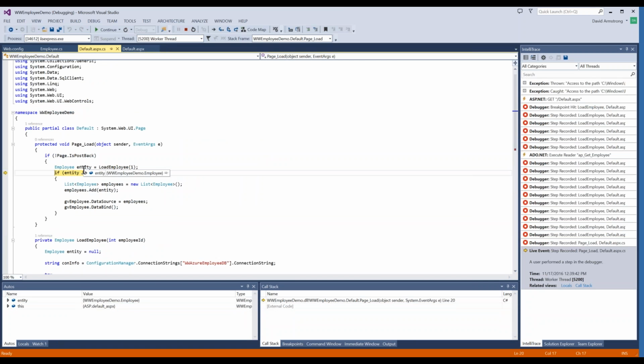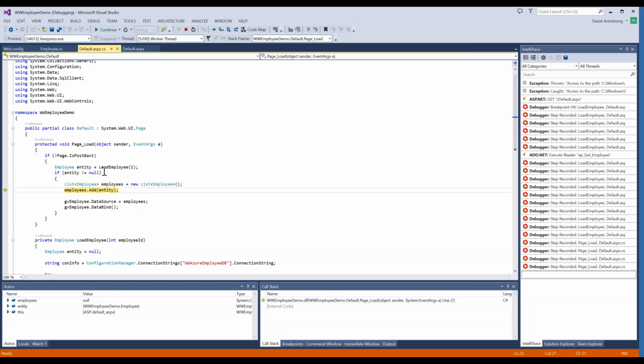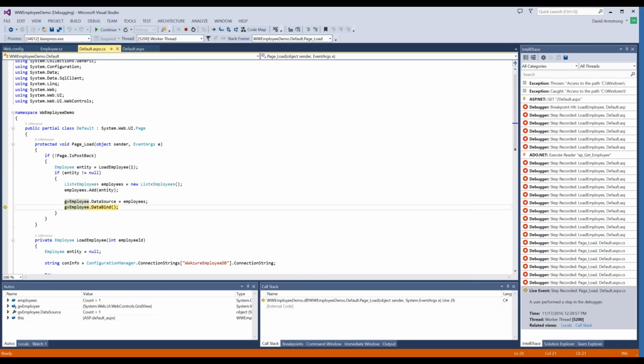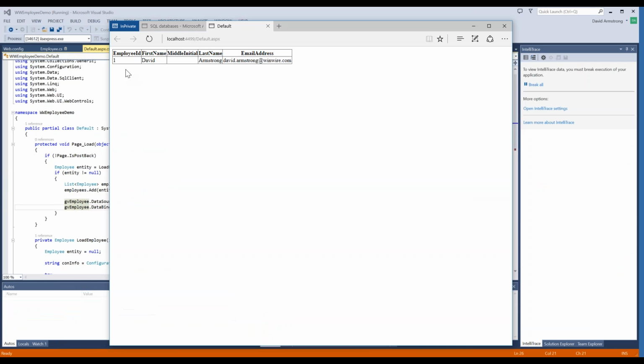So the employee entity is here. If we just expand it, you can see the information is here, which is great. And then finally, we're just going to take advantage of .NET to create a generic list, add the entry, and then bind that to the grid. Up will come the grid, and we've got an employee ID and some of the attributes that go along with it. My whole point of this demonstration, even though it's a pretty trivial demonstration, is that's a pattern that's being followed today, and that pattern can easily be moved into Azure.